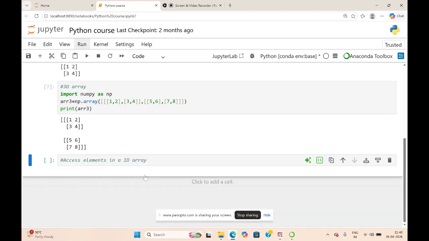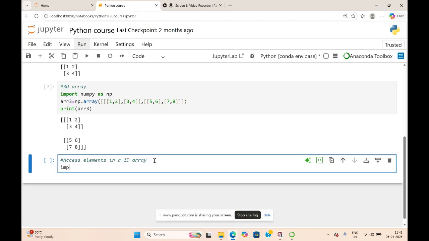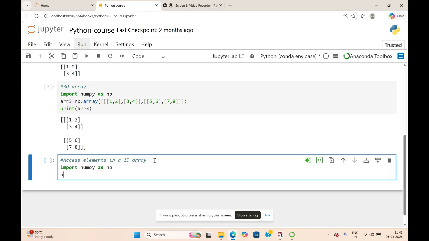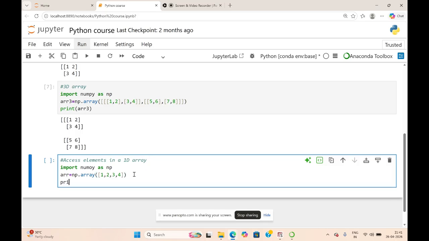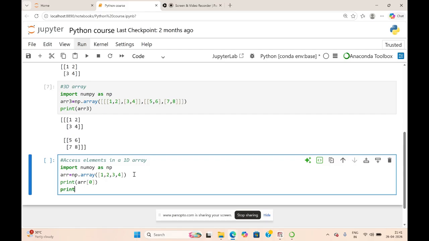It's similar to how you access elements in a list. For example, let us do this example. Import numpy as np. You create your array, which is np.array of a single-dimensional array indeed. So it is just a list format. I have created, close the array with the square brackets, then print array of 0 index position. If you mention it, the corresponding element of that particular array will be displayed, arr of 1.